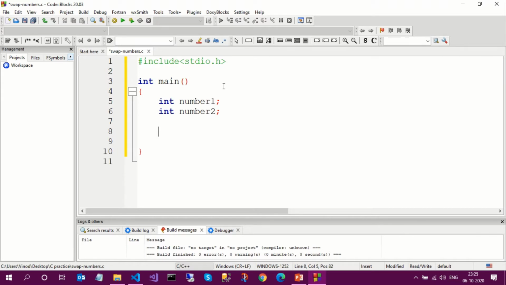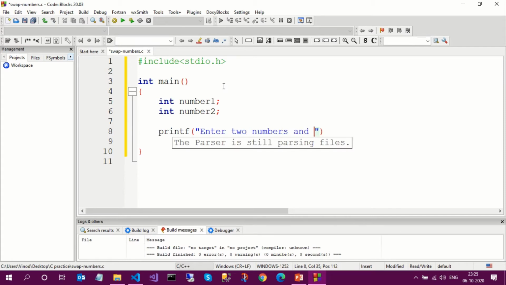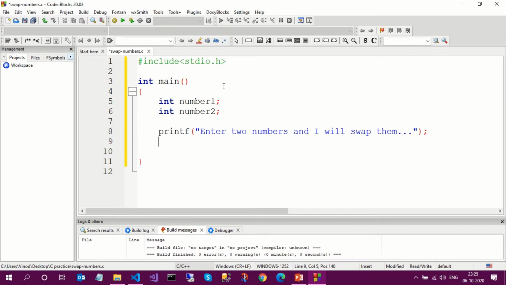We need to seek the input from user. We'll just tell user, okay, enter numbers to swap. Enter two numbers and I will swap them. Now again print